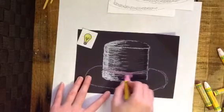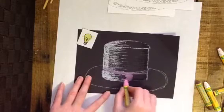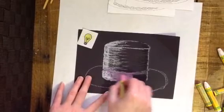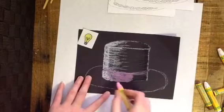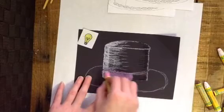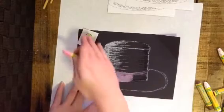Okay, so I'm going to start filling that in here in the middle, and then you want to go towards your lighter side and start to blend that in with the white that I have. Still curving my line. And now as I get towards the light side, I'm not going to push quite as hard with my pink so that that white really shows through. We still want our cake to look like it's pink, but you want to see that highlight